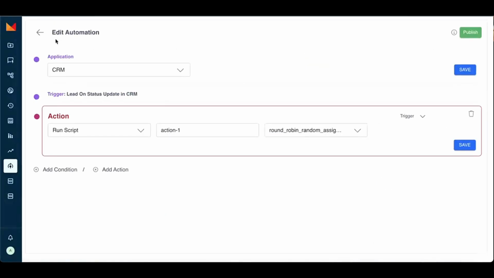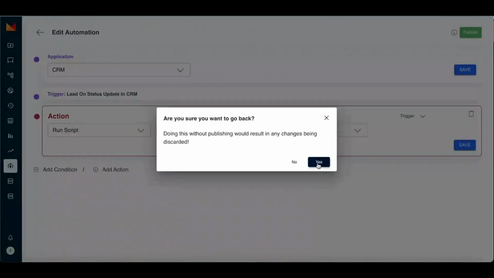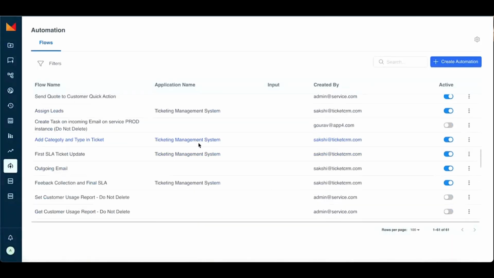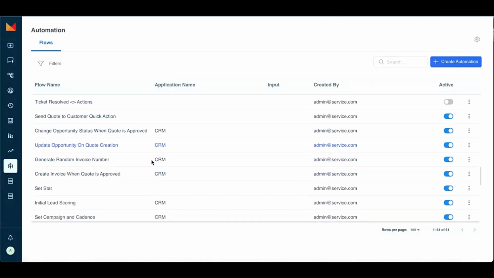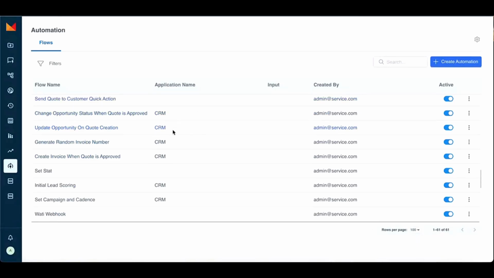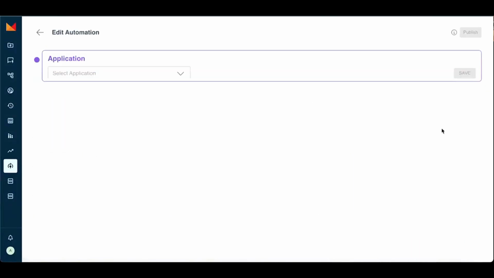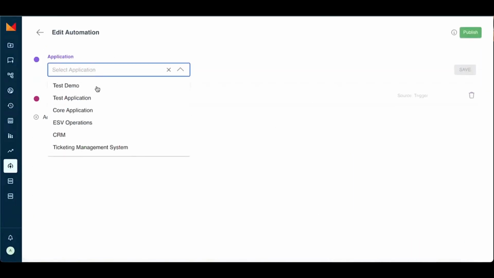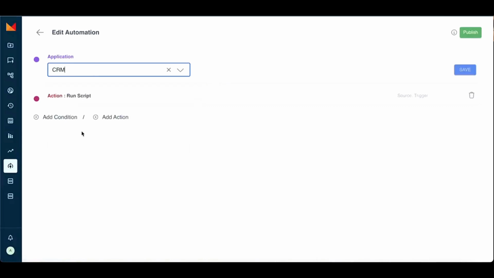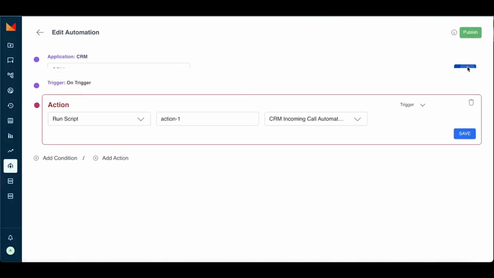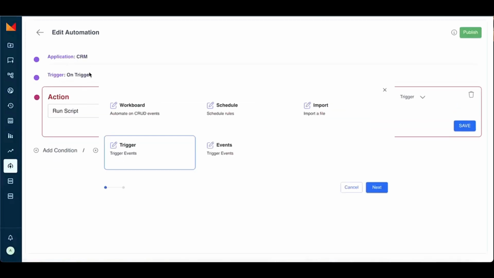So this is the automation module that we have, right? I'll just show you the list of flows that we have created. A lot of these things you have already seen in action, what we have done in this demo, but just to show you, let's say the round robin assignment. Yeah. So I'll just, let's say, select an application, which is our CRM, and after adding the details,